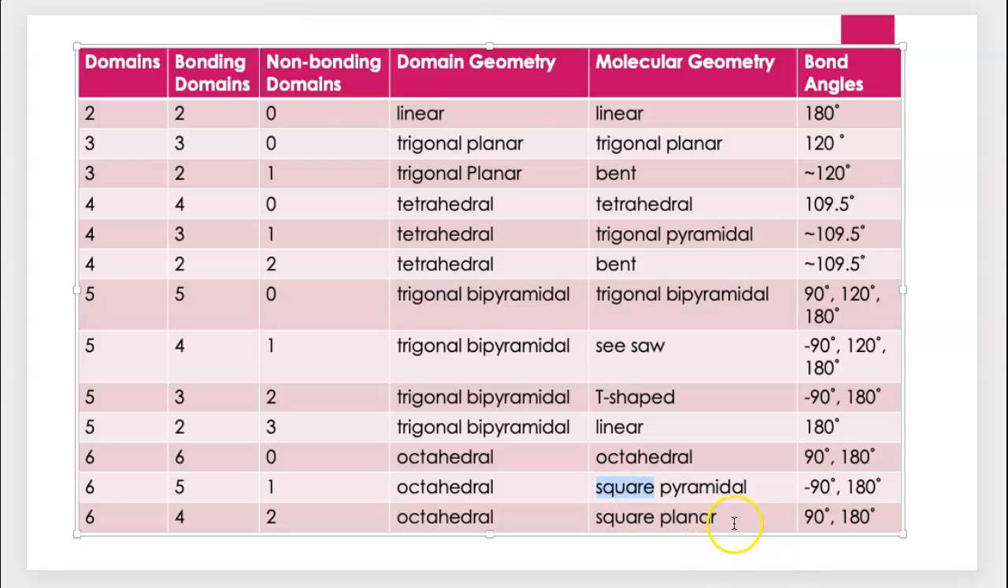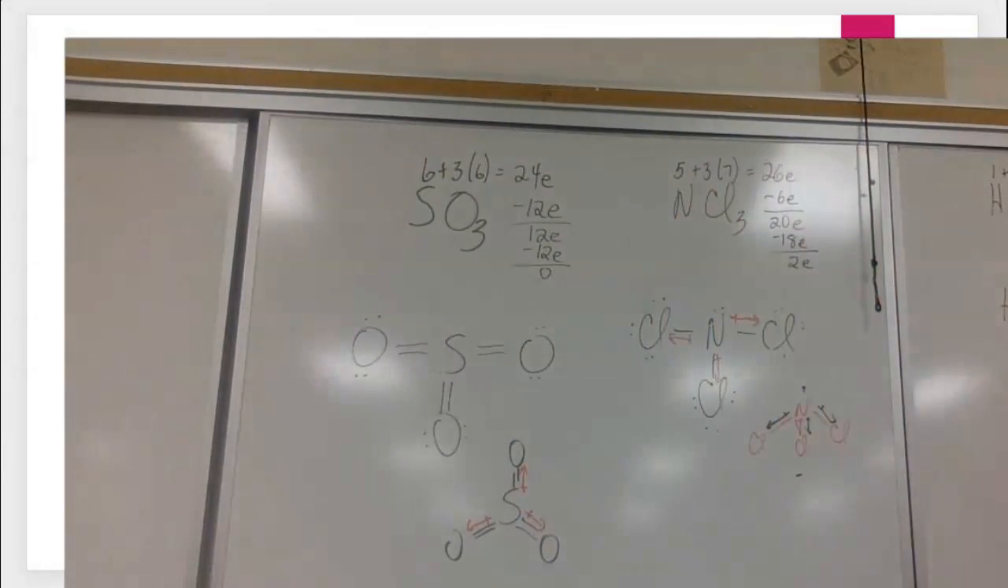Now again, there are 2 times where there's non-bonding pairs: square planar, and linear from 5 domains. They can have non-bonding pairs and still be nonpolar. All of the other shapes are nonpolar if the outer elements are the same. What do I mean by that? Let me go back to my view of here real quick and talk about an example